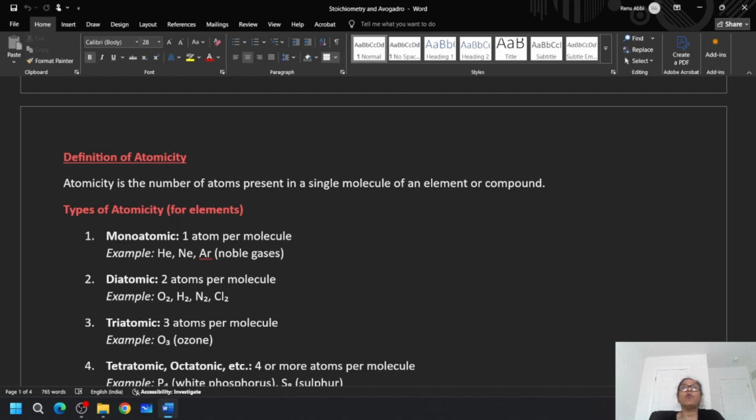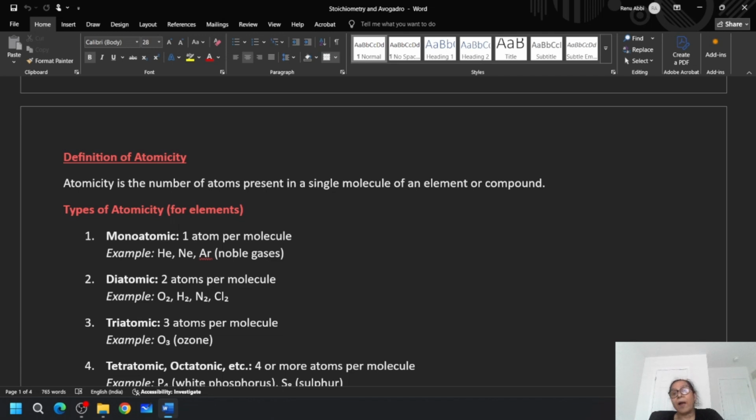Now, on the basis of this, you know that sometimes I am going to write sodium as Na, but if I am going to write oxygen gas, it is written as O2. Why is sodium only simple Na and oxygen gas taken as O2? It means that the sodium atom can exist independently. Their atoms are too big to exist independently, but the oxygen atoms are too small, that's why they combine to form O2.